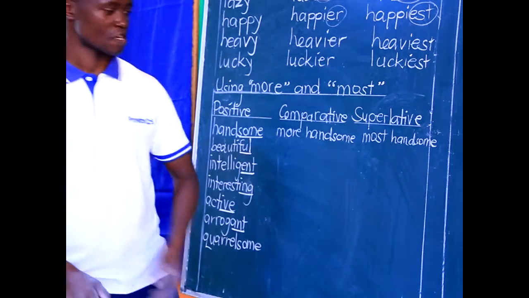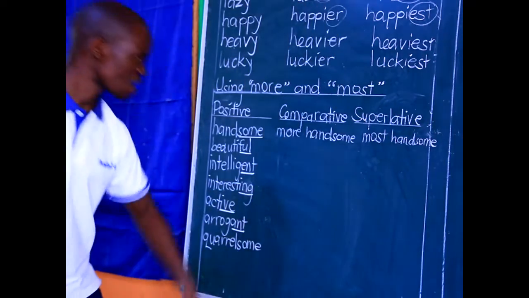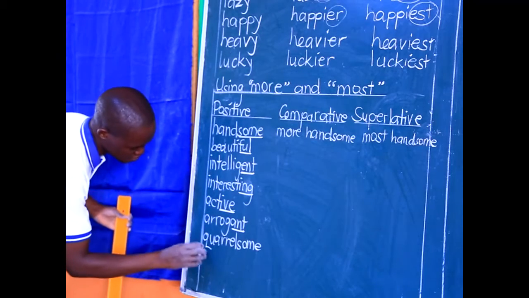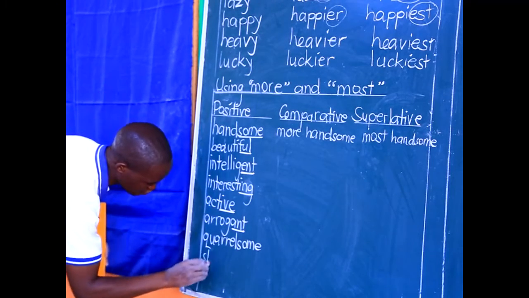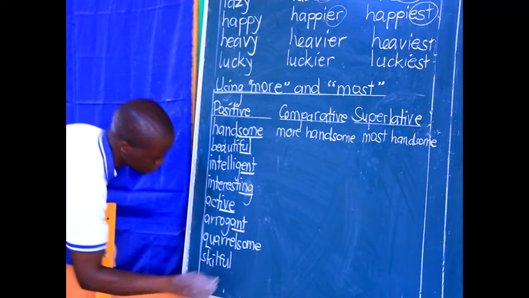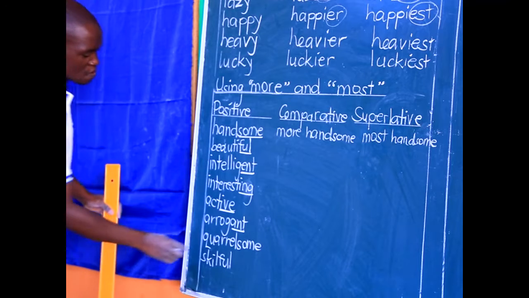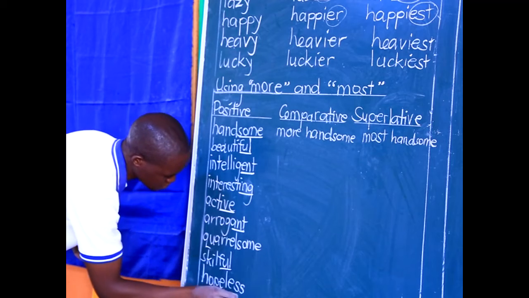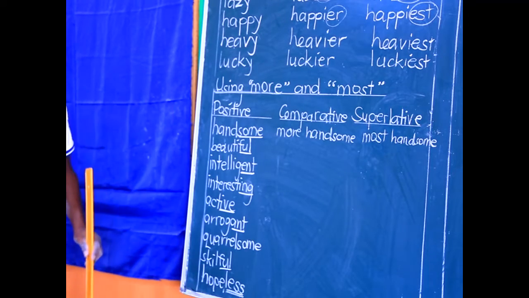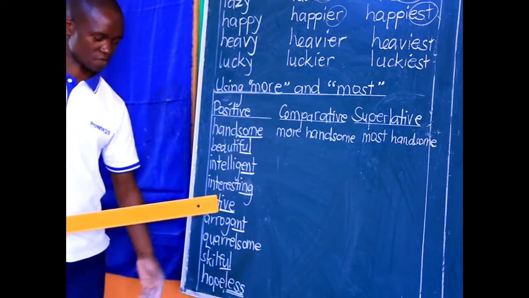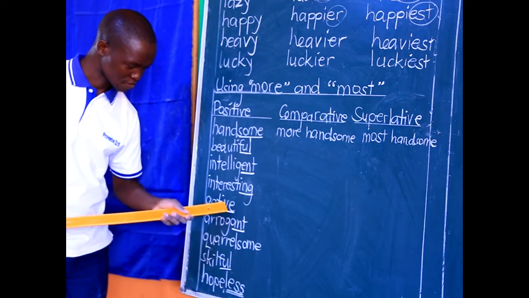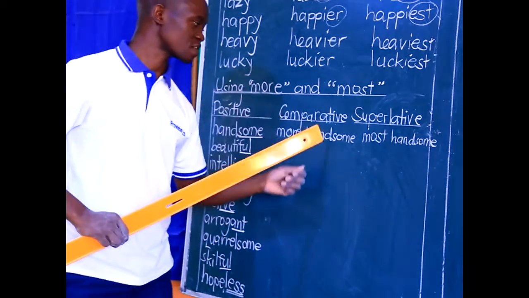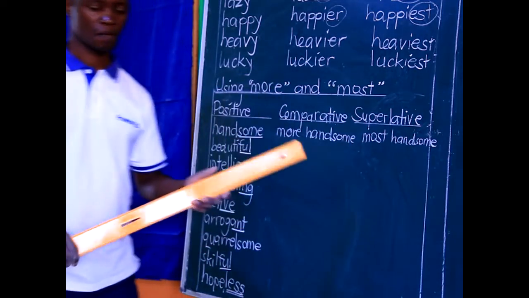I believe with that you'll be able to complete the list and to think of any other adjective that ends in this suffix. We have this one, skillful, which is similar to this one. Hopeless. Now we add suffix LESS, meaning it is also in this category. Any adjective ending in any of these suffixes must change to comparative by adding more, then superlative by adding most.